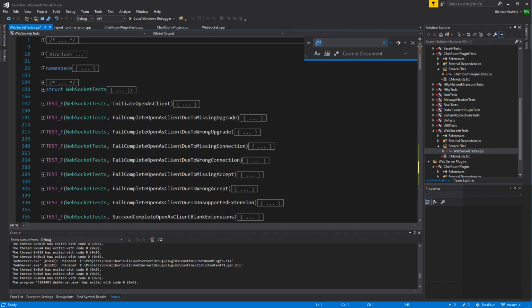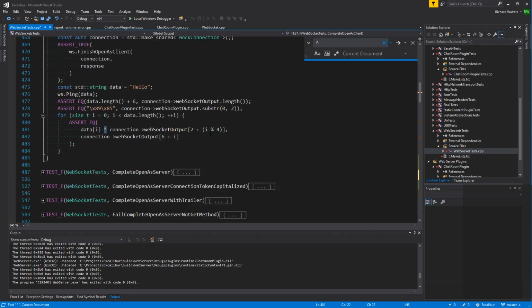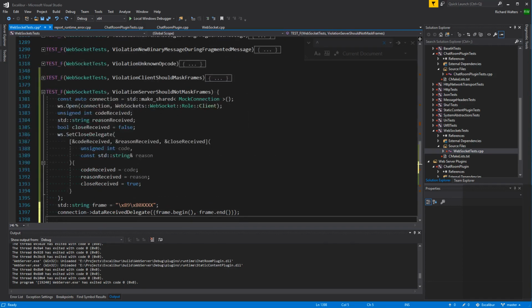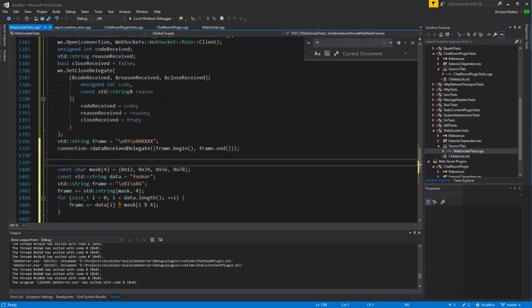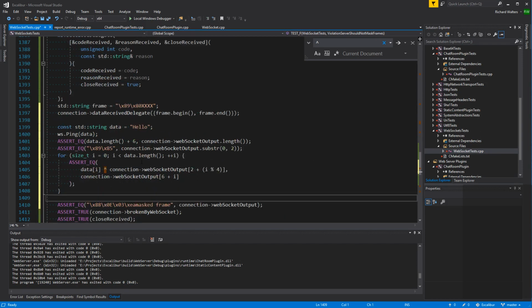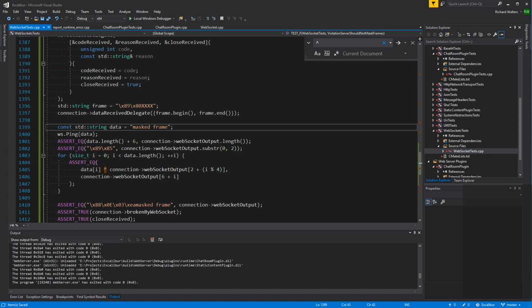How do we do this? Oh yeah, here we go. This is what we want to do. Instead of this garbage, we do that. And the data we expect is masked frame. Oh, and we also want these 2 characters.